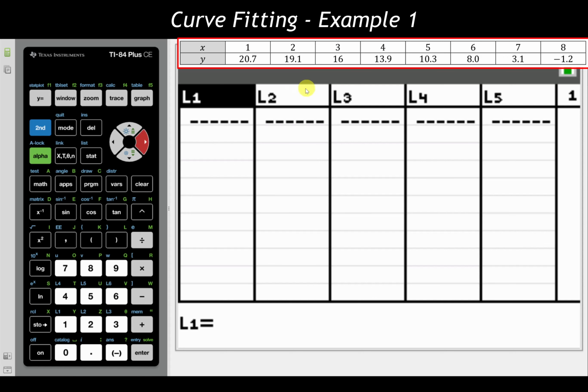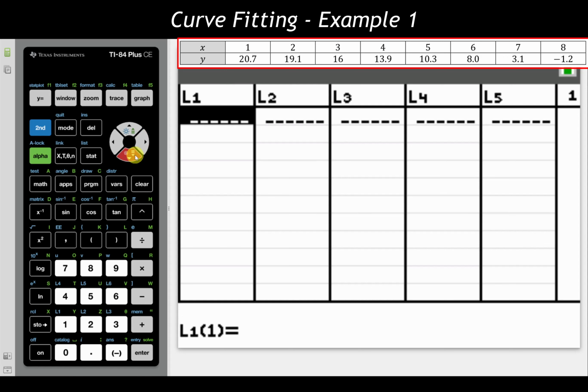So we're just going to keep everything to our list 1 and list 2 for these examples. Now looking at our set of data, what we want to do is input all of the input values, in this case x, into our first column, and all of the output values into list 2. Those are our y values that we have here. So input values to list 1, output values to list 2. Do not change or edit the order that those are entered in. Just enter it in exactly as it's been given to you, and just click away at that.